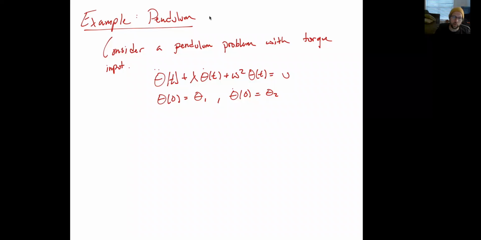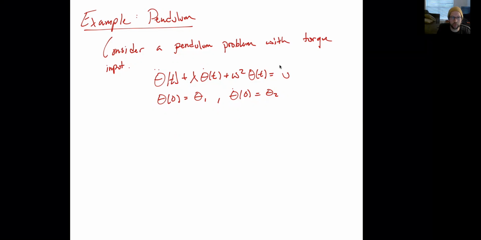All right, one more quick example. This is an example I found about the pendulum. We all know and love the pendulum, right? In this problem, we'll have two states. We'll have velocity and the angular position. So the angular velocity and angular position of our pendulum, and then we'll also have some